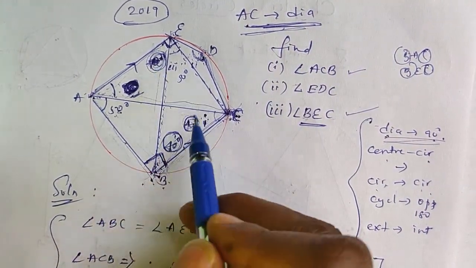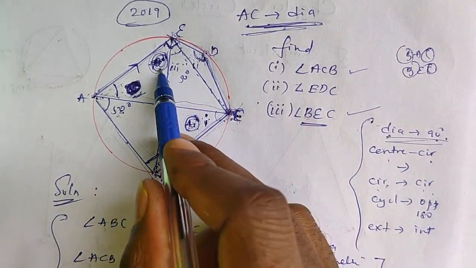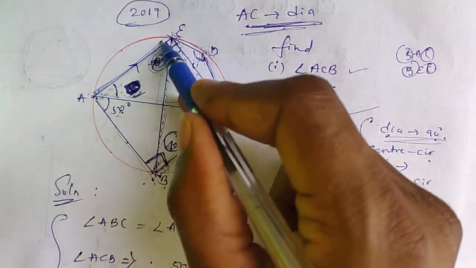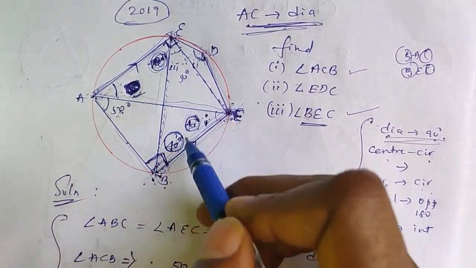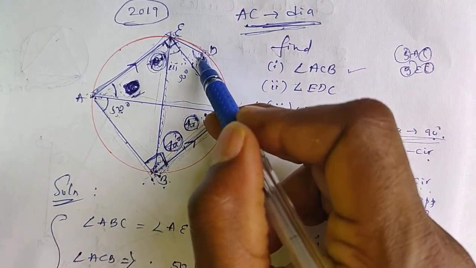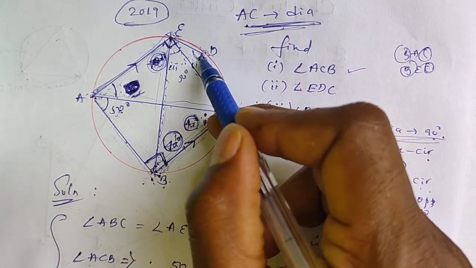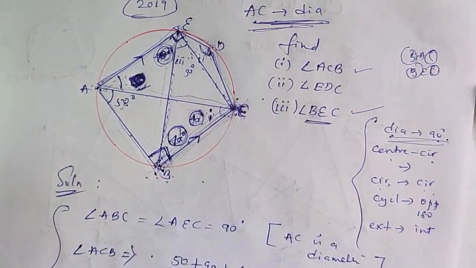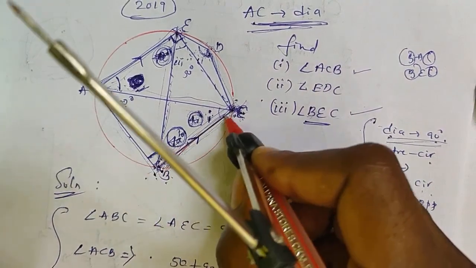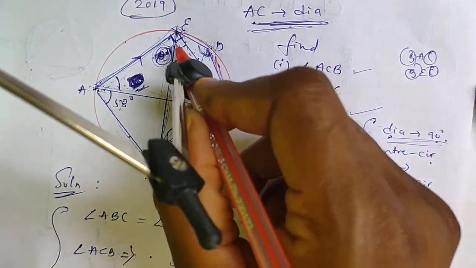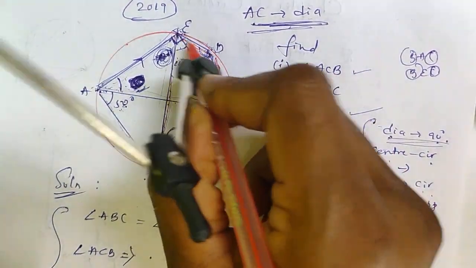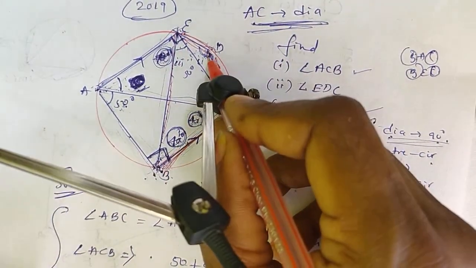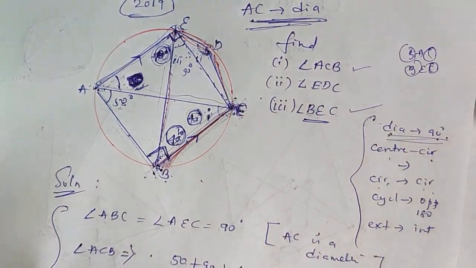Then this 40 degree comes here. This 40 degree comes here because of this Z shape. Once parallel lines are given, use it properly. Then this 40 plus D both are equal to 180 degree, as this is a cyclic quadrilateral. Mark which is the cyclic quadrilateral. Look at this line, and this, and this. This four-sided figure is a cyclic quadrilateral. 40 plus D equal to 180 degree.